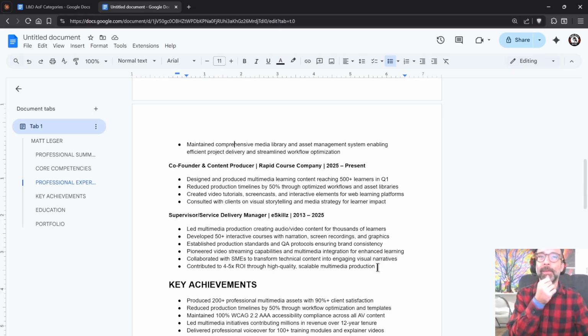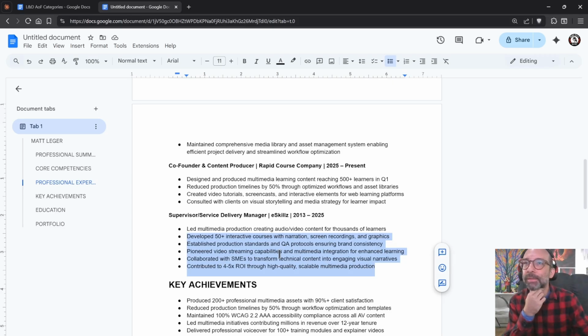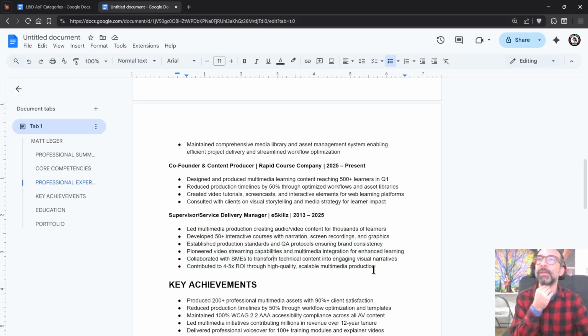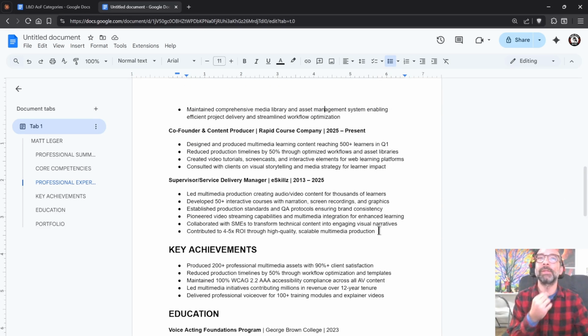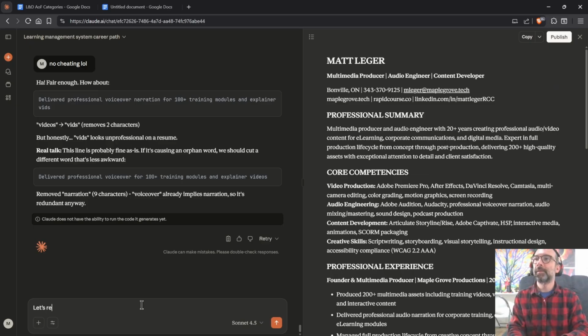Or I could reduce this down to 4. Or does that say 6? 6 lines. Oh, good gravy. I could definitely reduce a line there. I think that's what I'll do, because I don't want to reduce that down. Let's see if... 6 bullets. Let's reduce this down to 5 bullets, but keep as much intact as possible.